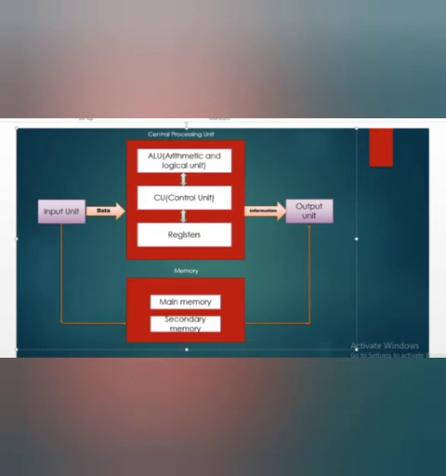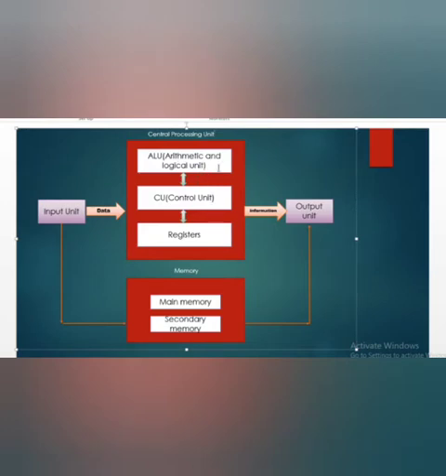CPU is nothing but the central processing unit, and it comprises another three subunits, that is arithmetic and logic unit, control unit, and registers. What is ALU here? It is the arithmetic and logic unit. Before starting with the ALU, the central processing unit is considered as what? The heart or brain of the computer system. Why? Because it controls and coordinates most of the work of the computer system. That's why the CPU is known as the heart and brain of the computer system, and it comprises these three subunits.